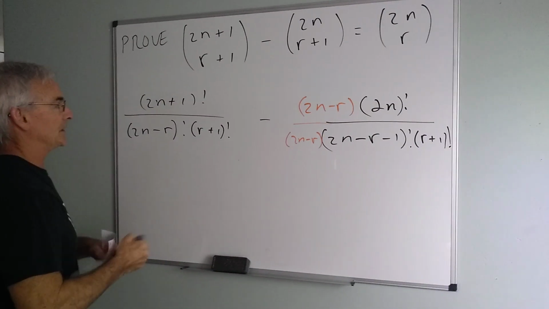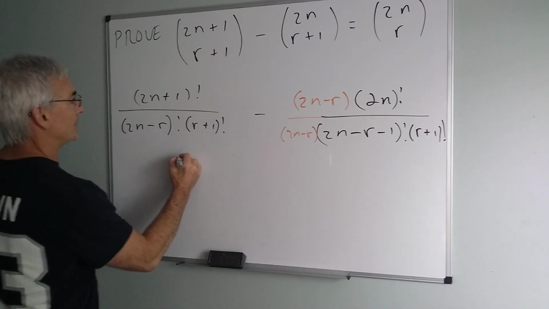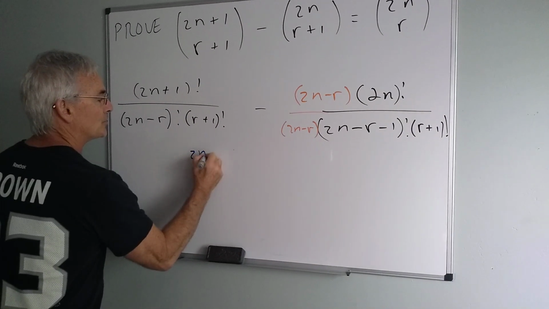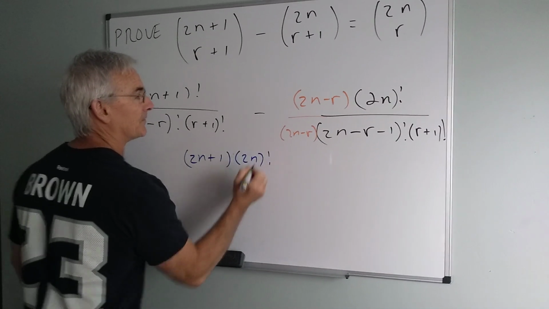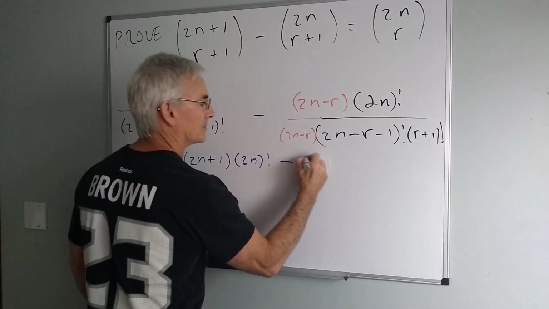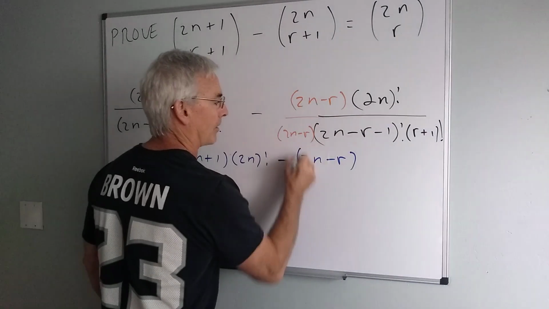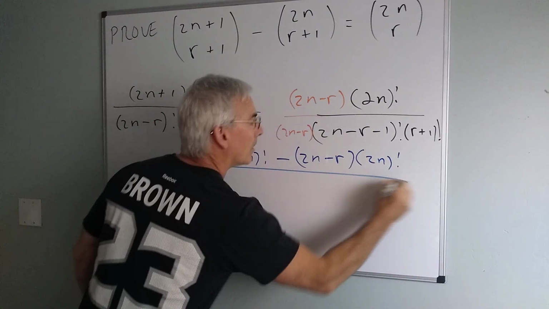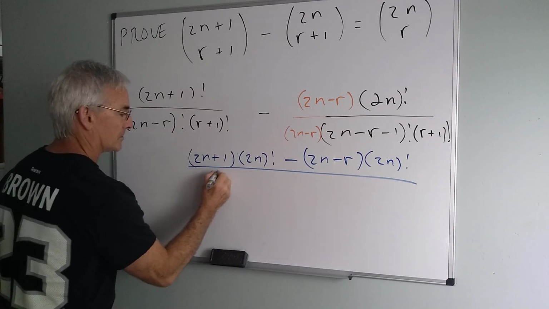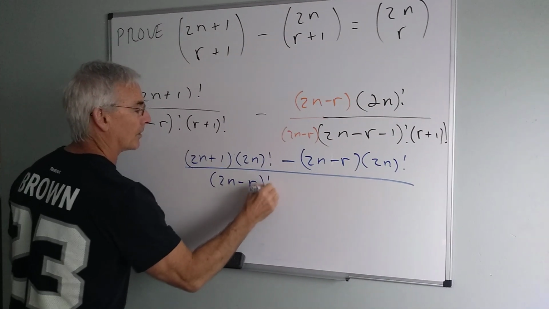And what this will give me is something of the form on top, 2n plus 1 times 2n factorial minus 2n minus r times 2n factorial. All of this over 2n minus r factorial,